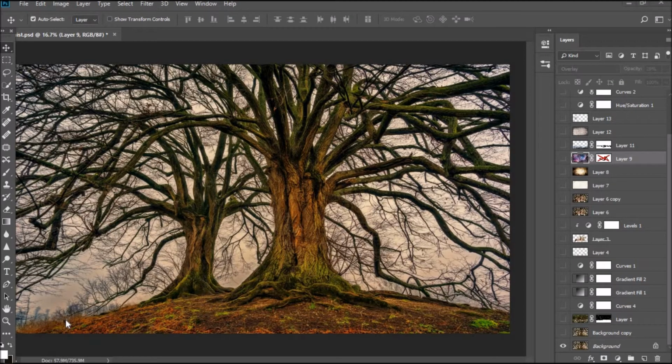Hello and welcome to my Photoshop tutorial where I take apart a picture and show you how I put it together. Basically, I started with this background of these two awesome trees, and the first thing I did was to duplicate the background using Ctrl and J,